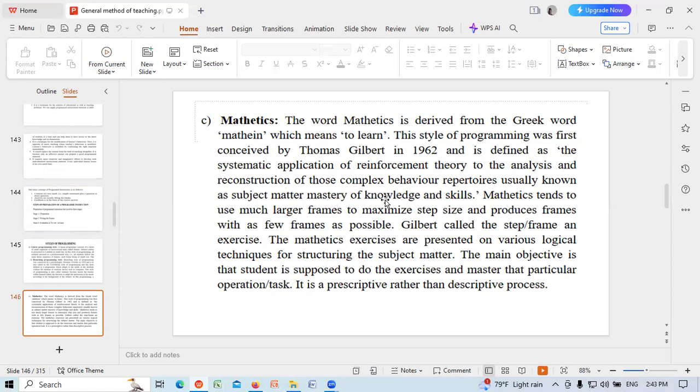Mathetics tends to use much larger frames